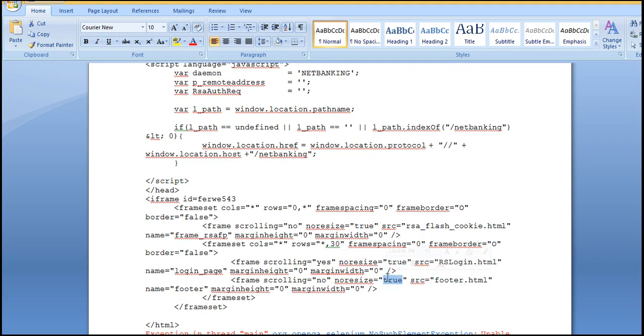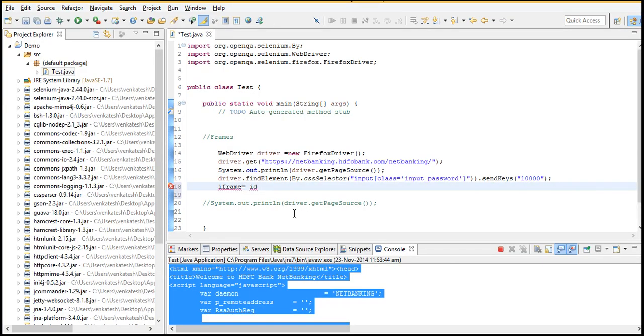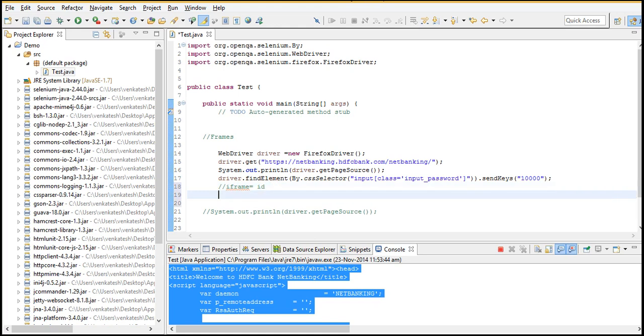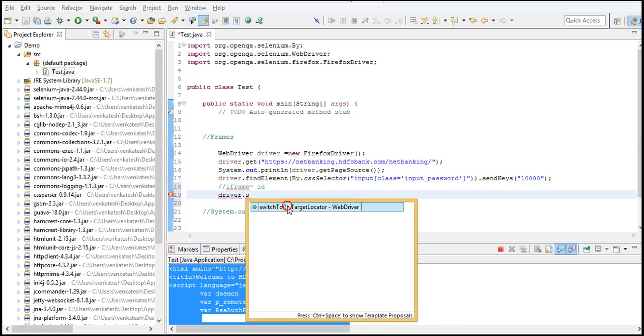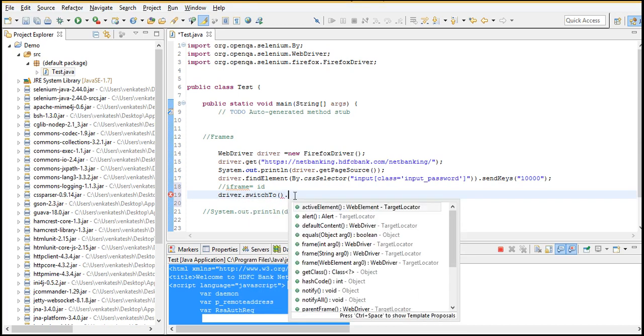So in that case, you just come to the code and do a basic search and decide at which frame our component lies. In this case it is in the second frame, right? Let me comment this. Now the step we need to write here is driver dot switchTo dot.